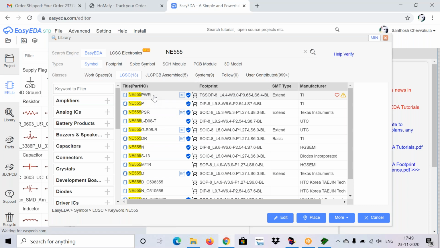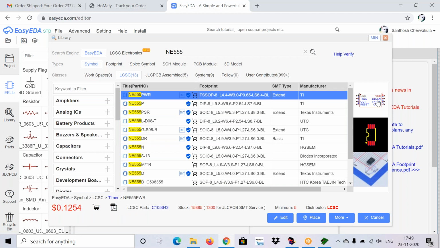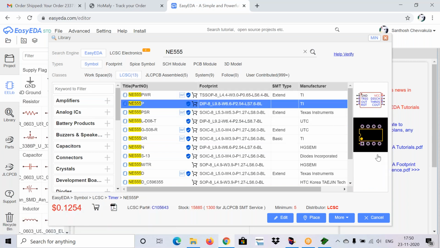If you click on one symbol while selecting components, you need to check for the circuit symbol of the component and whether the footprint is available for that component or not. The third one is the practical photo of that IC. There is no need of it. Just make sure that whenever you are selecting a component, it should have the circuit symbol.